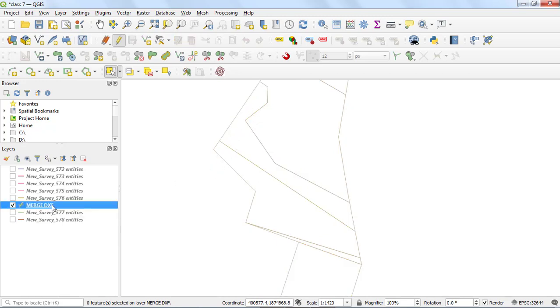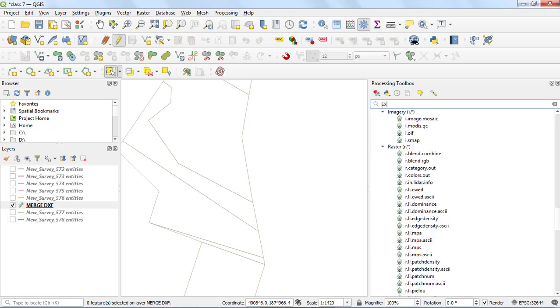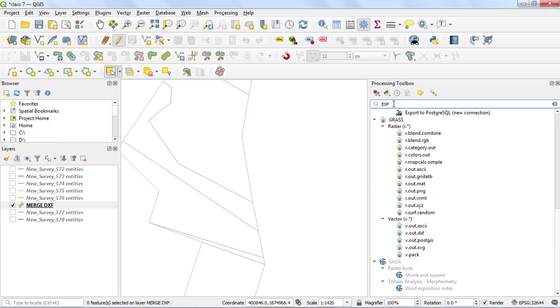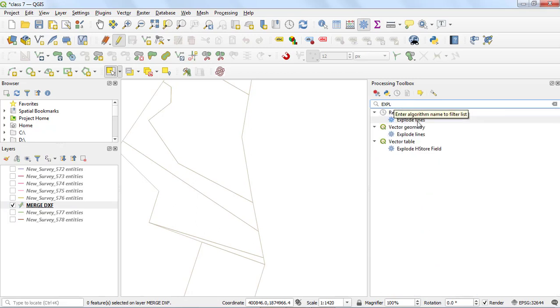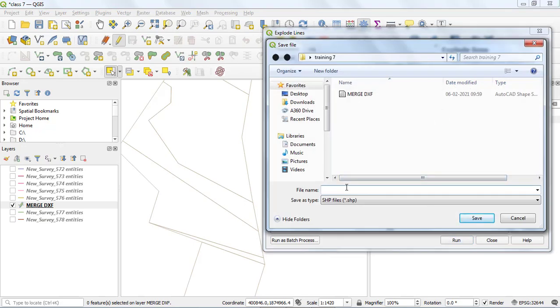Now I am going to explode this merge layer. Select this merge layer, go to the processing toolbar, and search explode lines. Double click on Explode Lines, keep the merge layer, and create a shapefile by selecting the three dots and give the name explode line.